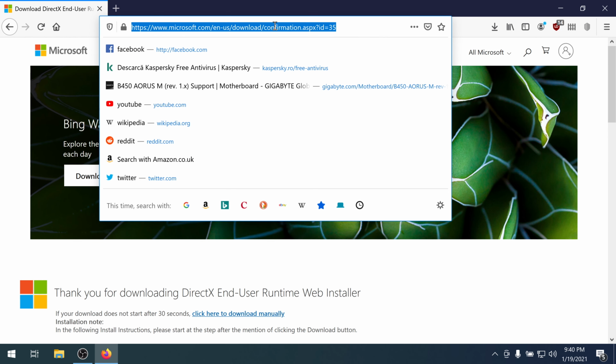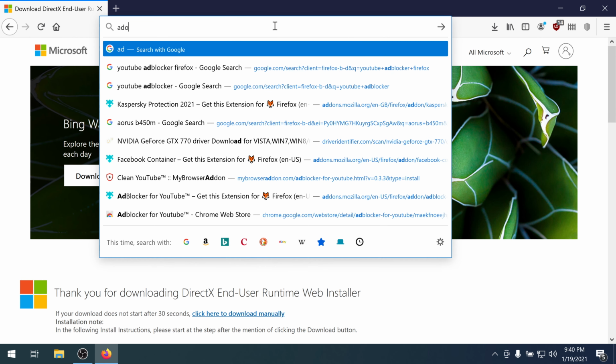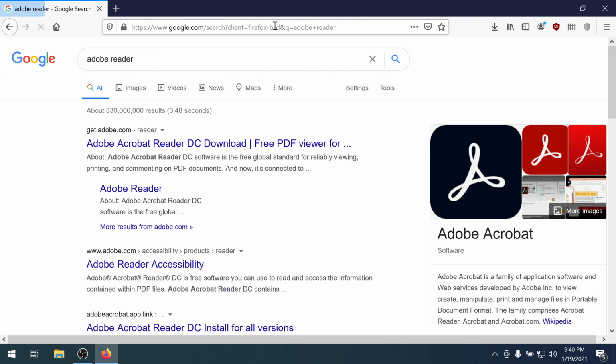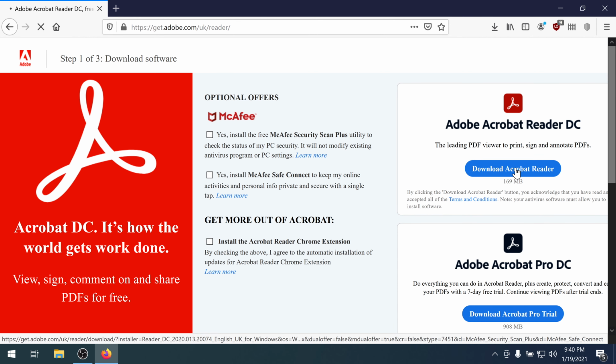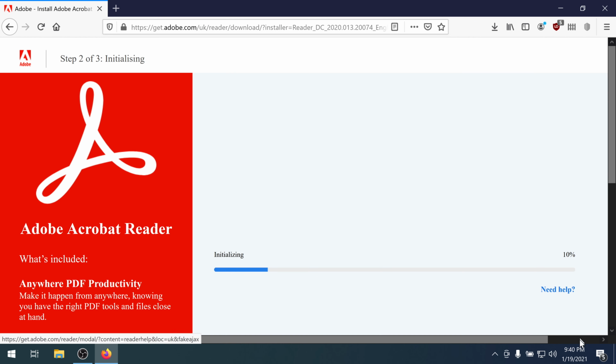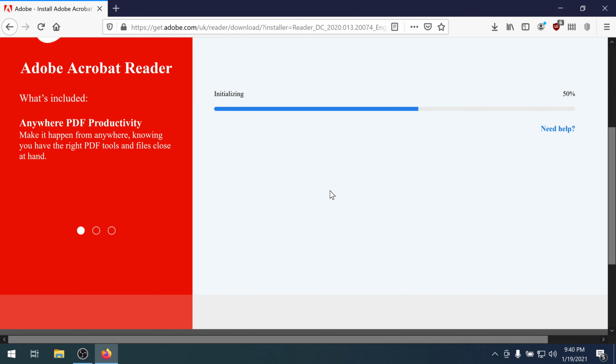Done. Now if you want, you can install Adobe Reader. The first is free, the Pro is paid, but it has lots of features, useful ones.